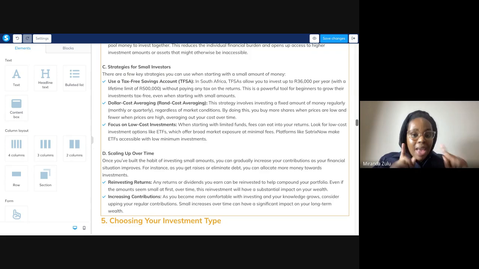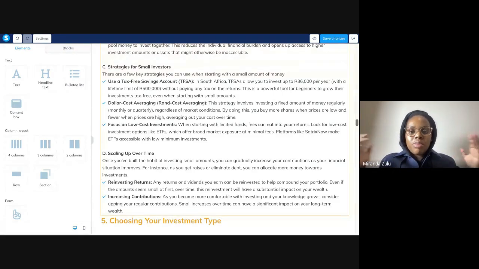Sorry, you can. So with the tax-free savings account, the limit is for tax purposes. SARS is saying, I'm not going to tax you on anything you get as a return up to 36,000. So the technicality of it is, I can invest more, but then I'll be taxed on the more. Anything above 36,000 Rand, I'm going to get taxed on it. And the tax implications are quite high. I think the percentage is around 40%. The return you get on that extra that you've invested will be taxed at a high rate.